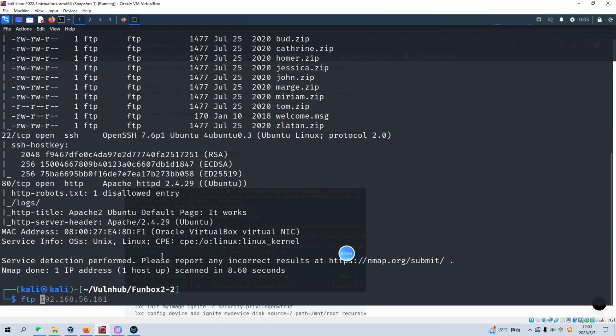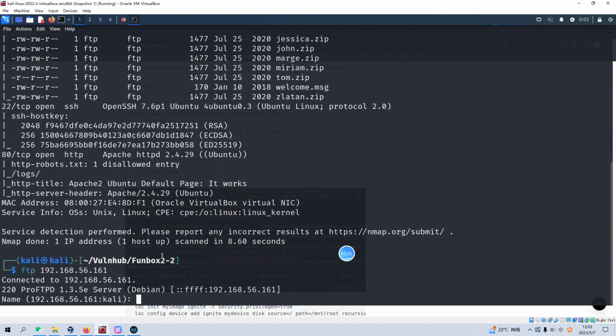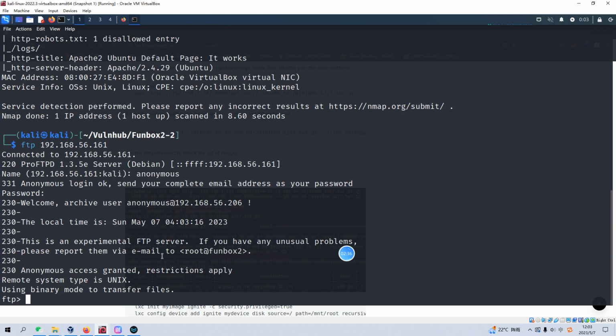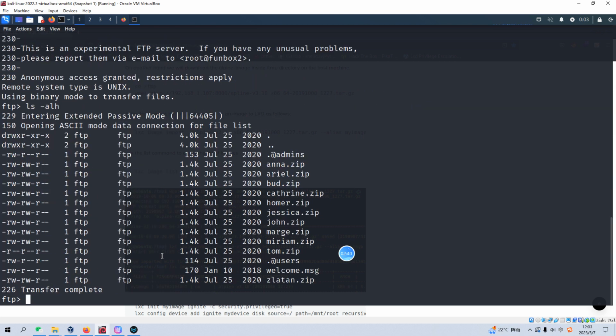We just log in to the target and specify the username as anonymous. And for the password, we do not need to fill in anything. Now we have already logged in to the FTP, and there are so many files we need to download onto